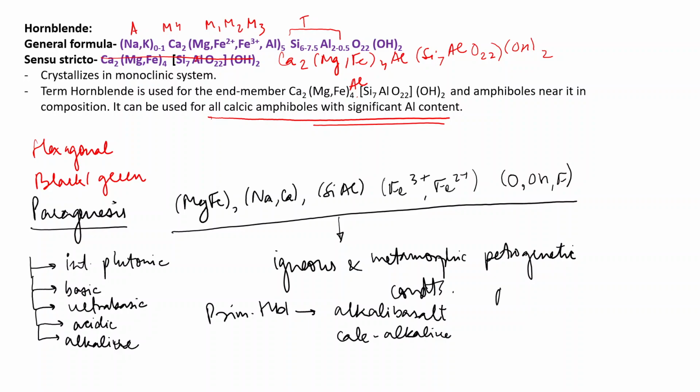Sometimes in andesites, hornblende is commonly accompanied with olivine. Okay, keep that in mind. Once we talk about the Mg to Mg plus Fe ratios,